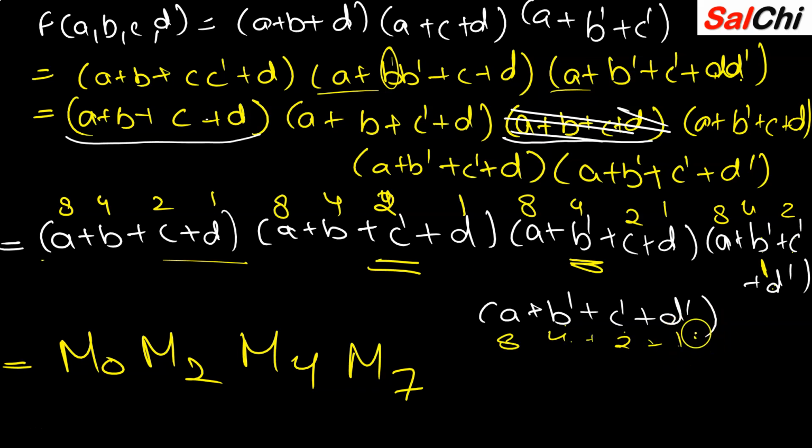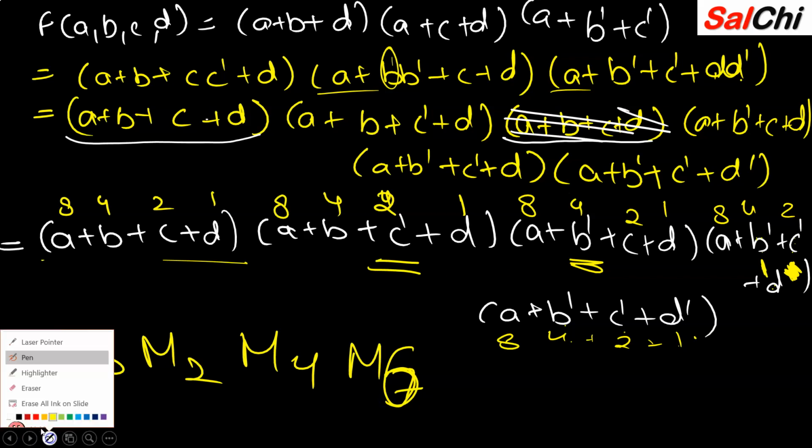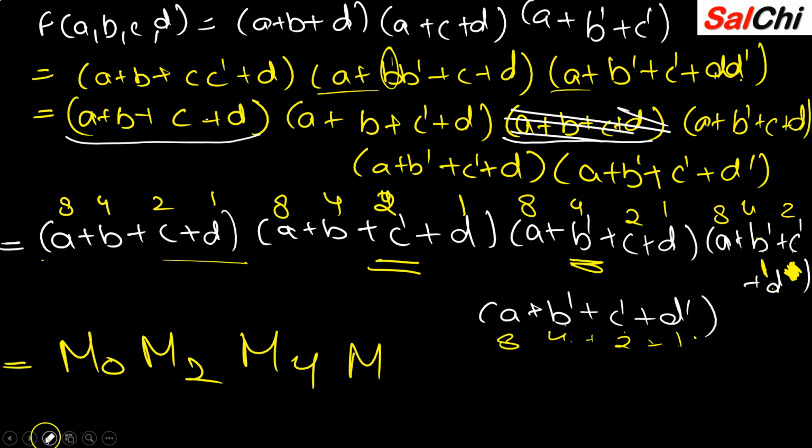Okay, just a second. You can remove this also because this is also redundant. Okay, B, I just wrote one of them again. I think it is B plus C, and it is B. It is not D complement, so we will not consider this. It will be only 4 and 2. I wrote this wrong. There is no complement, so only 4 and 2 will be considered. 4 and 2 gives me what? 6. So it will be 6. Okay, so let me just write this again. It's 6. My bad. And then here B, C, D. So 2 plus 4 plus 1, 7. So these are my numbers.